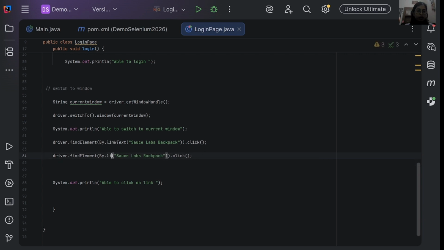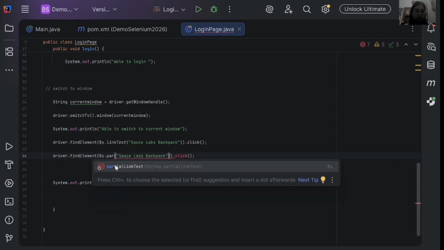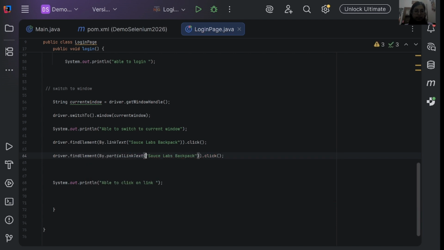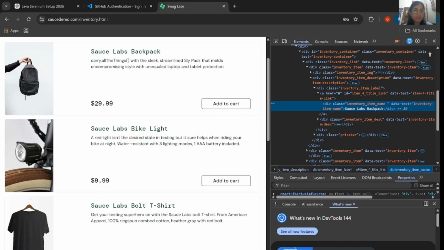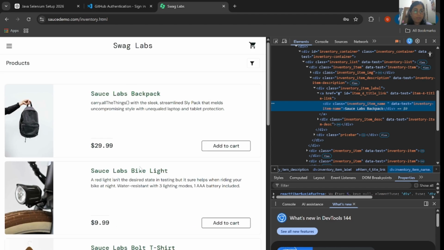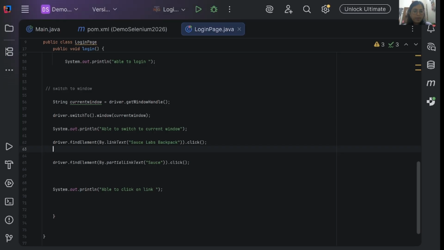Here you can use partial link text, like "Sauce". You can give "Sauce Labs Backpack". Let's give the name as "Bike" instead.